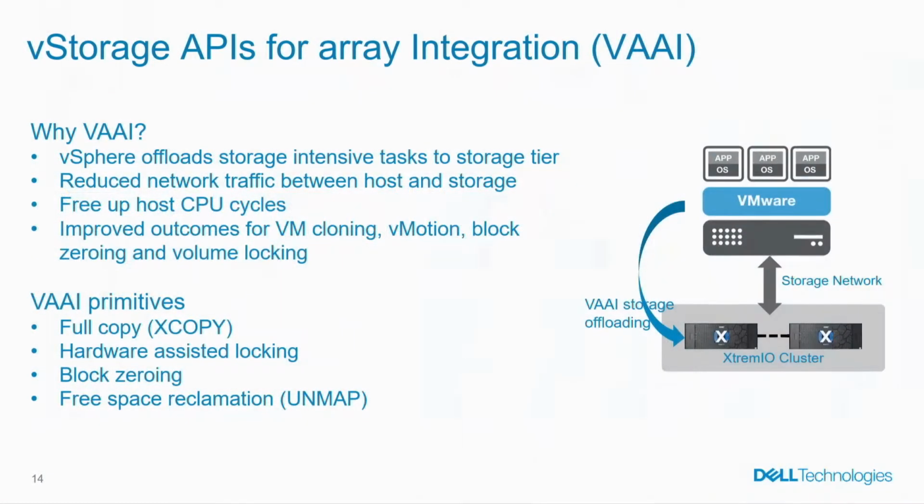Operation agility and efficiency. So VAAI, for those who are not familiar, vStorage API for Array Integration, is basically a set of SCSI commands that the ESXi host can offload to the storage array in order to do storage-intensive tasks. Some of them: XCOPY, when you clone a virtual machine or deploy a virtual machine from a template. Hardware-assisted locking allows us to put more and more VMs on the same datastore without the SCSI locking mechanism. Block zeroing, when you create a thick provisioned eager zeroed disk, and unmap, when you want to free up space